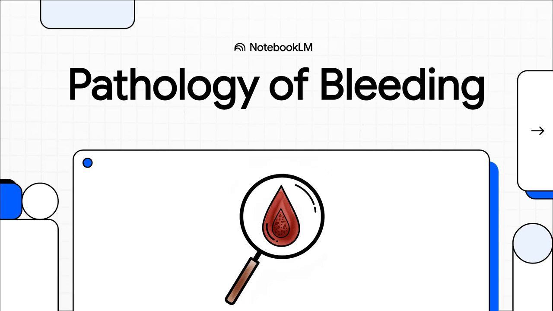Today, we're going on a bit of a medical detective journey into the fascinating world of clinical pathology. We're going to investigate the exact, almost microscopic mechanisms that keep our blood flowing where it should, and, more importantly, clotting when it absolutely has to. It's an incredible look at the body's built-in emergency response protocols, and we're going to break the whole thing down